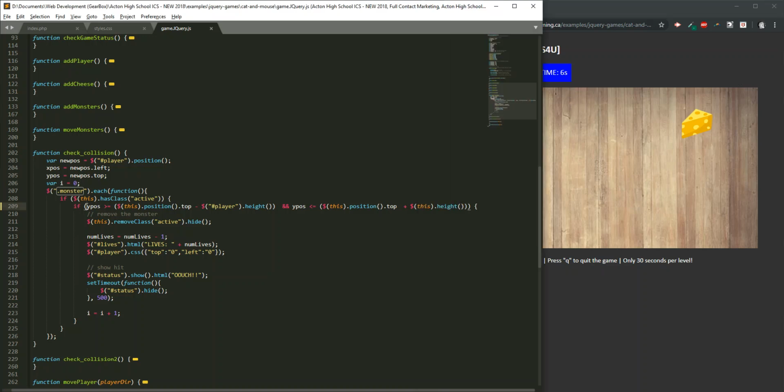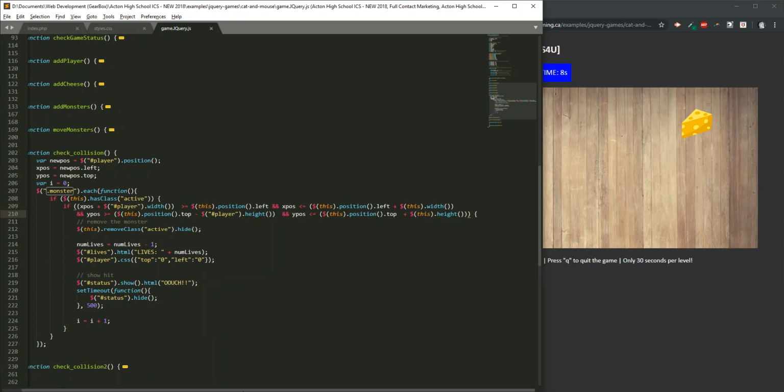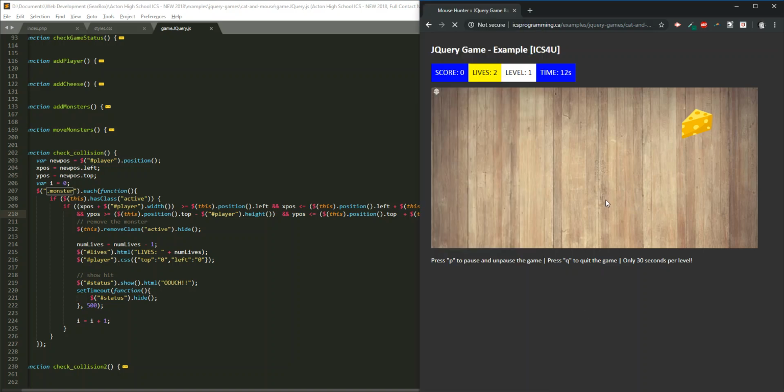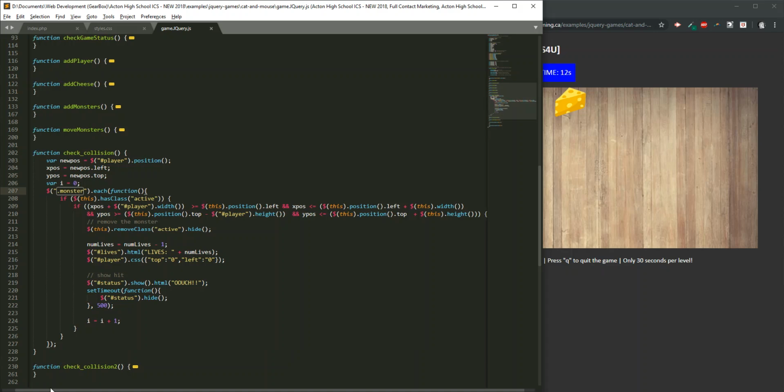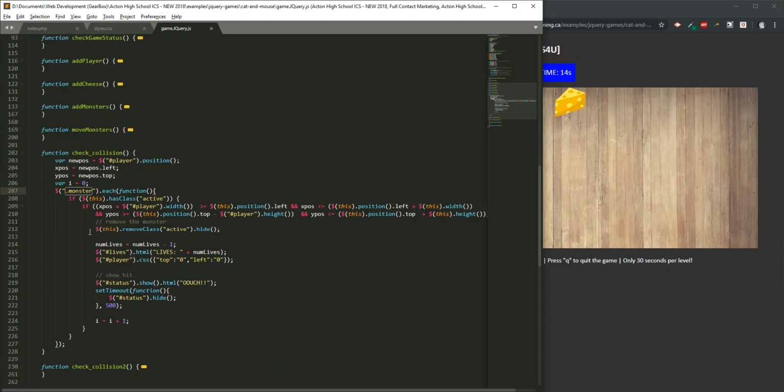Now, of course, that's not what I want. I want it to include the X position. And now it won't do it unless the X positions match and the Y positions match. Bam. Didn't do it, right? Unless I get in its way, and bam, it checked. Okay. So that's how you check the collision for multiple objects like that, just looping through each of them on